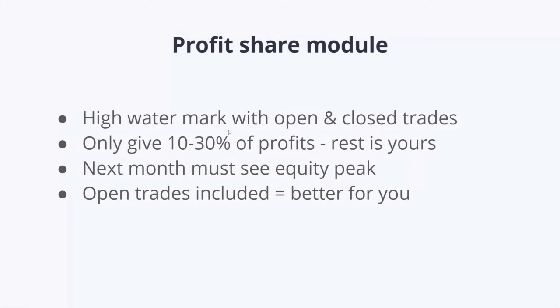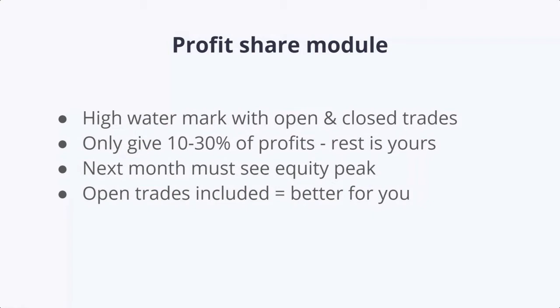So how does the profit share model work? It uses a high watermark method. So that means that a new profit has to be made. So if, for instance, your account goes from 2,000 up to 2,200, then goes down back to 2,000, and then goes up to 2,200. The second time you go up to 2,200, you don't pay anything because you didn't make a new profit. So only if your account really improves will you pay a profit on that.